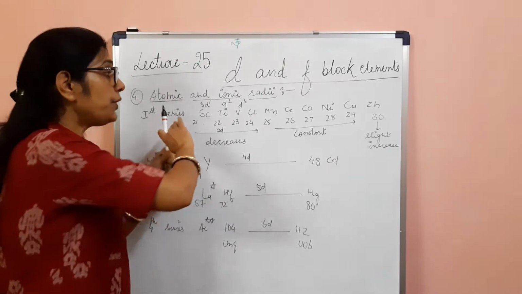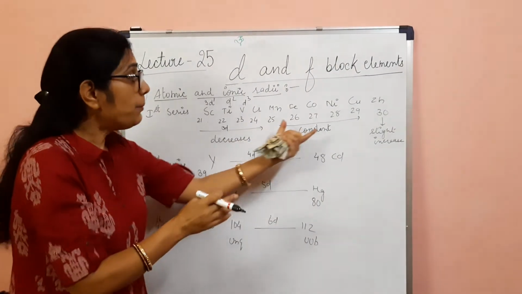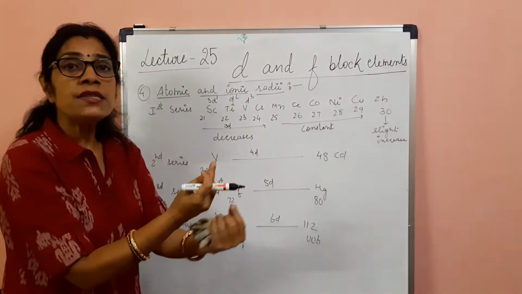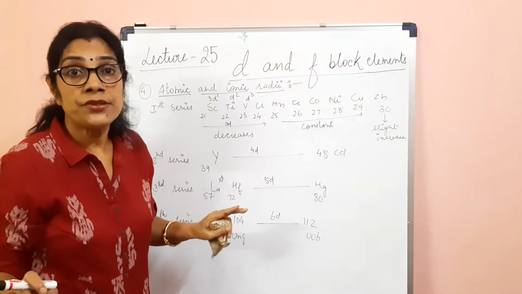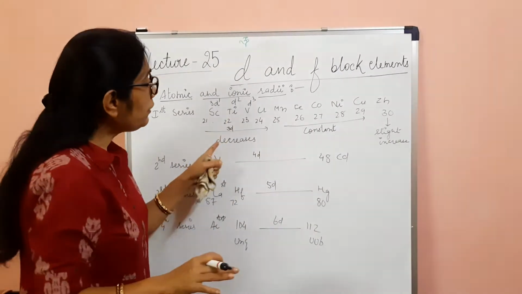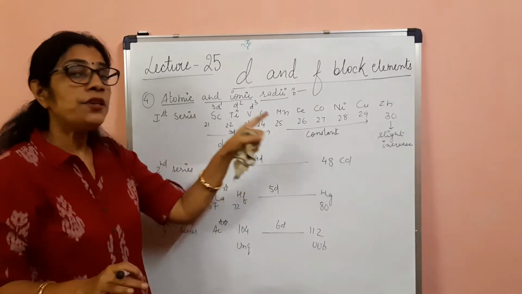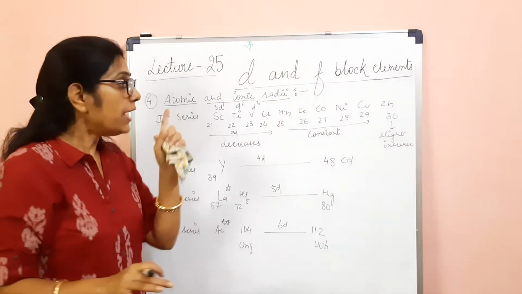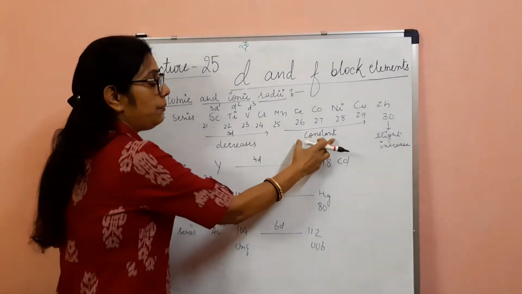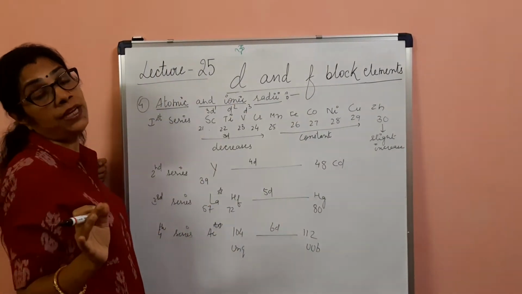So there is an increase in nuclear charge as well as screening effect. So coming up to here, both these effects get counterbalanced. Both these effects get neutralized. So even if nuclear charge increases, the screening effect neutralizes that effect, and that is why these elements have almost similar atomic radii.